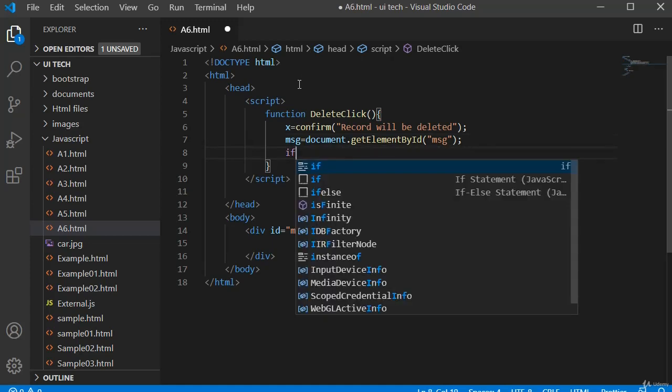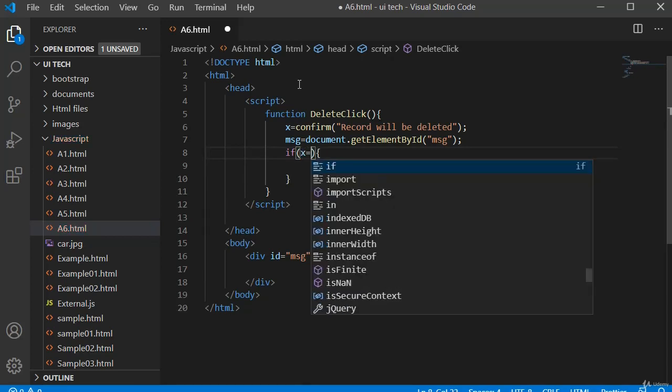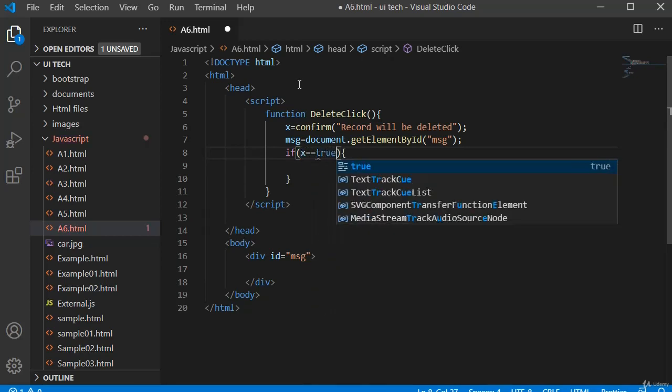Next, I will use an if condition. I will write a condition like x double equal to true.